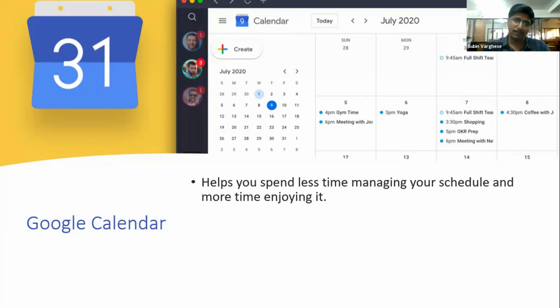This is what Google tells about it. It makes your life easy, actually. You can use your calendar application from your mobile phone or any other device which you are using. You can schedule a meeting with a Google Meet if you want it. All those things are